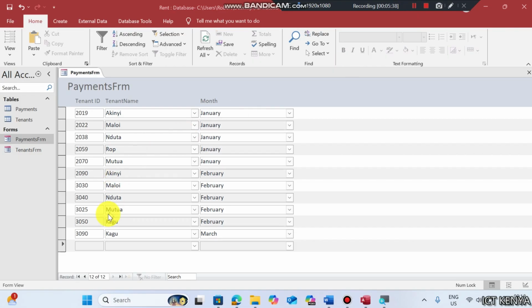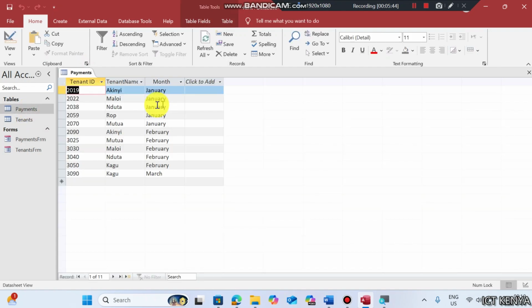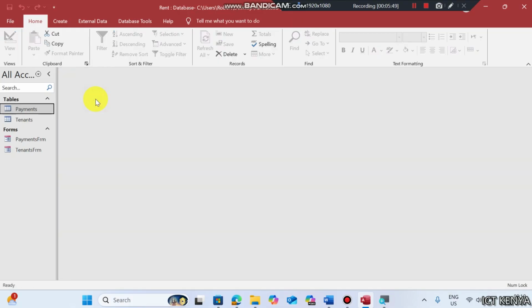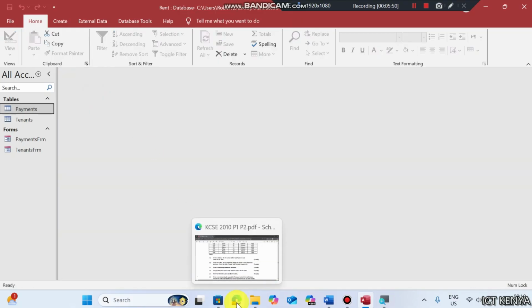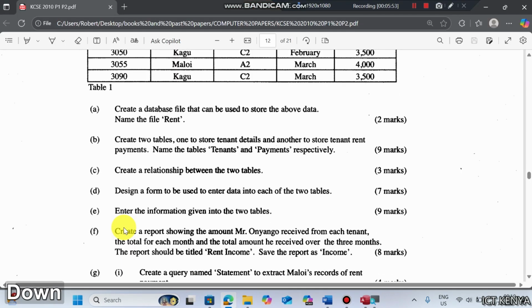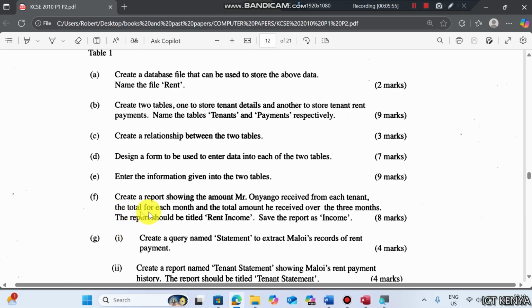And this marks the end of data entry. Save the records and close the form. Open payments and confirm the details. They are exactly as required. Then close all. Go to the next question, which is create a report showing the total amount